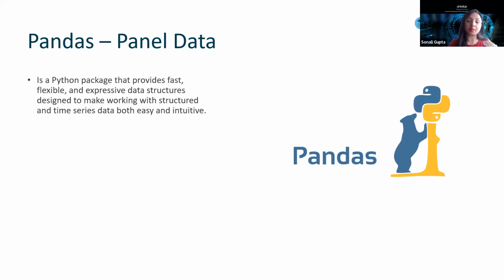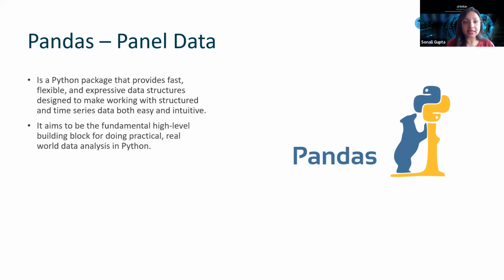So basically, the Pandas library works mostly on time series data, while the NumPy package is basically used with built-in functions for numeric data. Pandas aims to be the fundamental high-level building block of practical, real-world data analysis in Python.